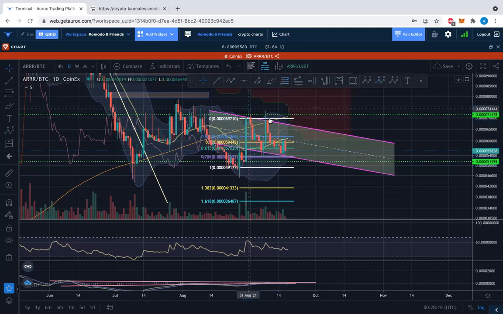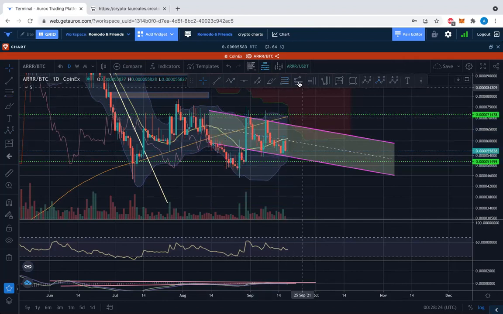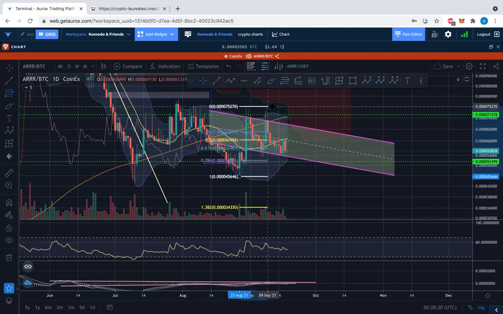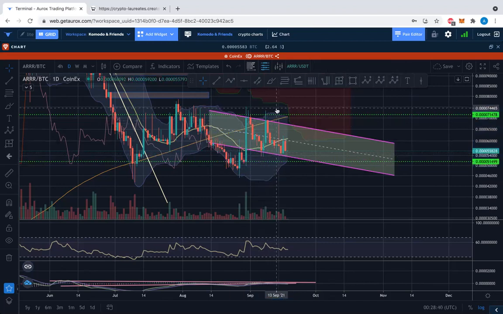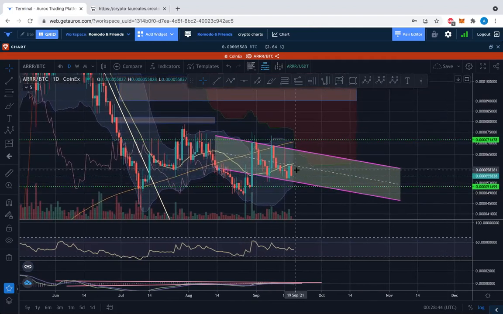Just for fun. What am I doing here? Retracing. The A wave retraced into that between 61.8 and 81. So you can call that a weak B wave. And if it is a weak B wave and we're looking at where this could be going,